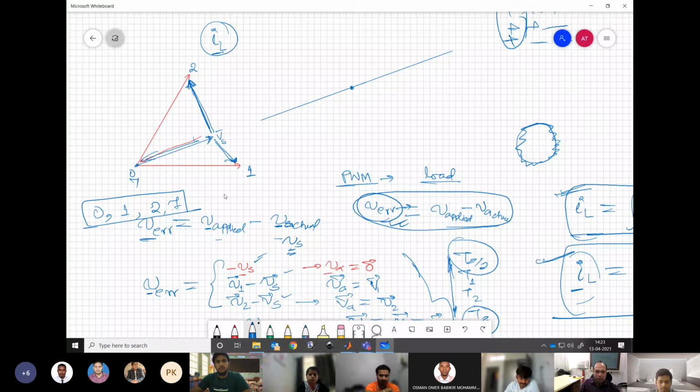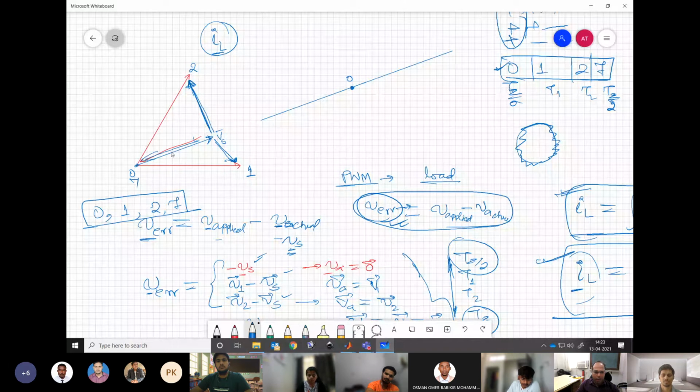Now, if we go in sequence, we are applying 0, 1, 2, 7, and the time periods we know for conventional space vector are Tz by 2, T1, T2 and Tz by 2. So let us see. If this is, let us say, our origin or the 0 point, the mean point, what is happening? First we are applying our voltage 0, so error is along this vector, along vector Vs. This line corresponds to that. So it will be a fraction of this vector, let us say up to here.